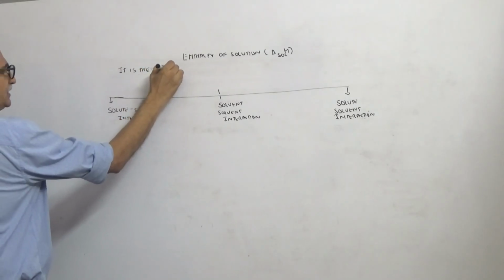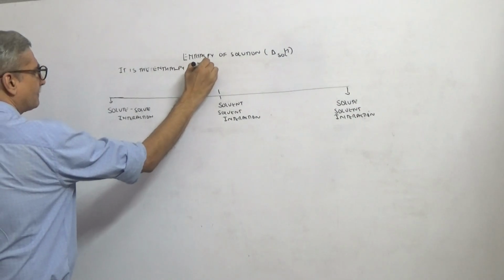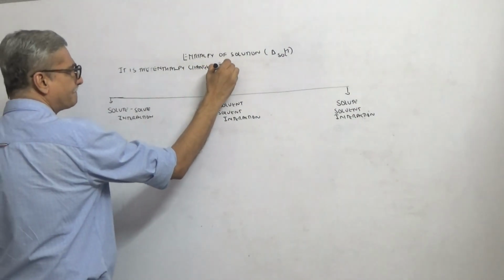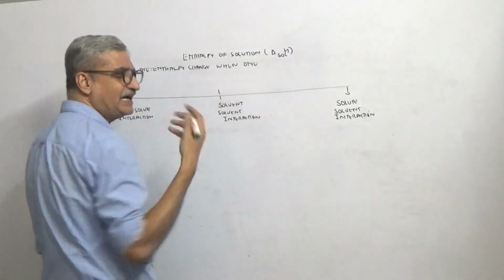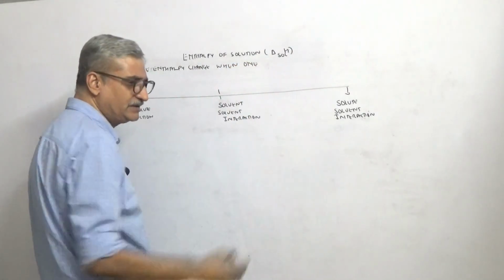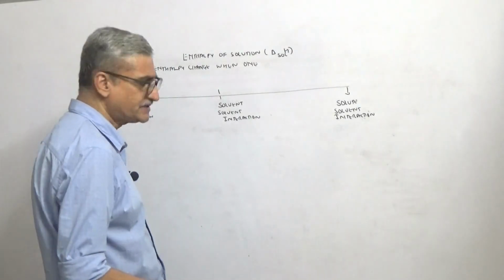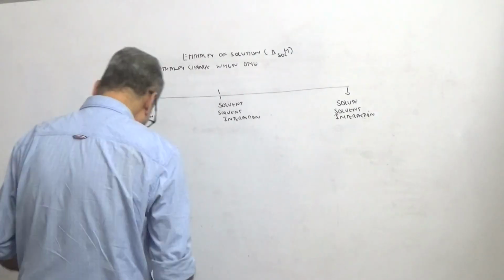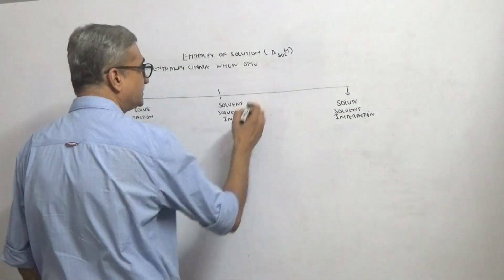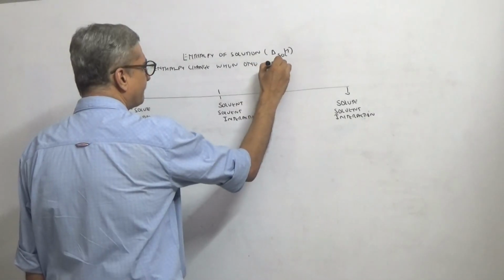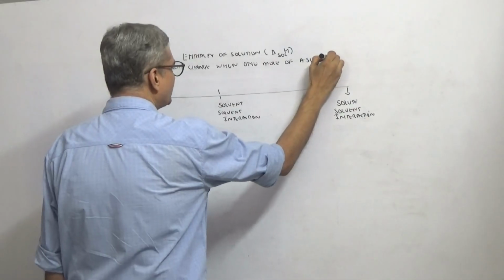It is the enthalpy change when 1 mole of a substance, mainly ionic substance, because all this is concerning, you can't have sugar, you can have NaCl, you can have KCl, calcium chloride, something. 1 mole of a substance